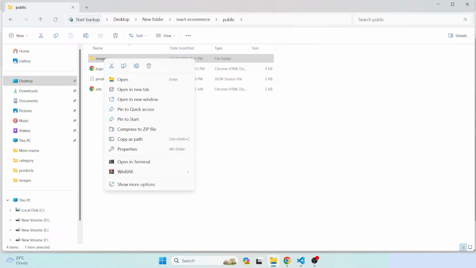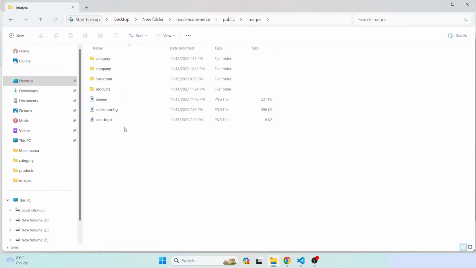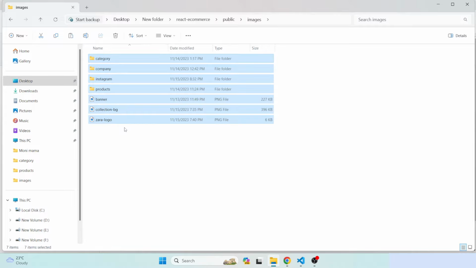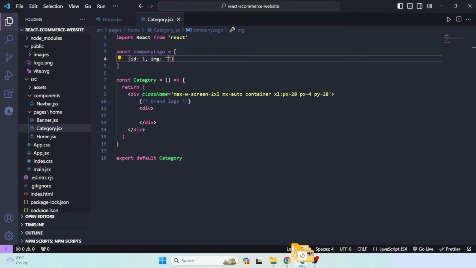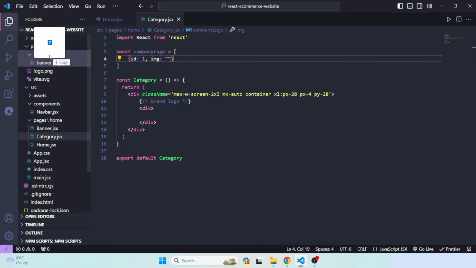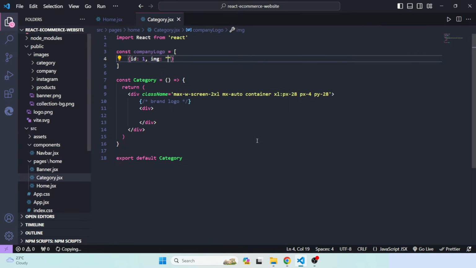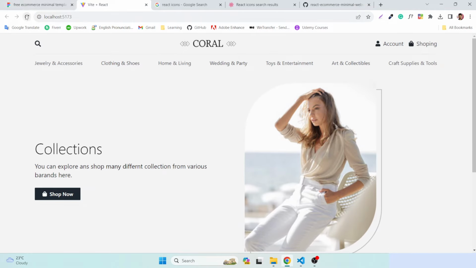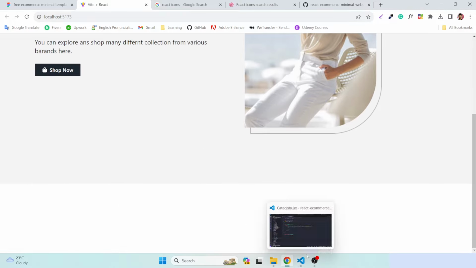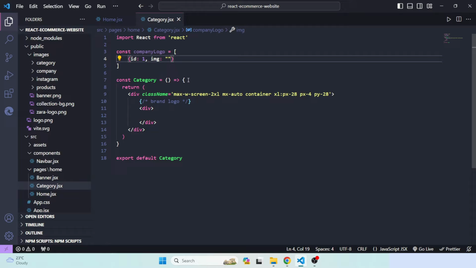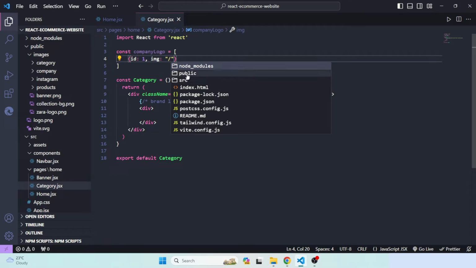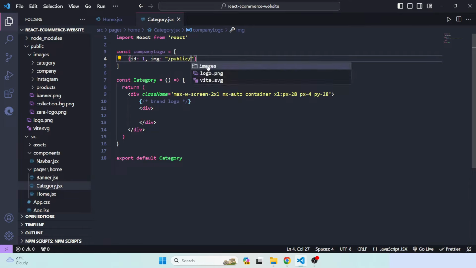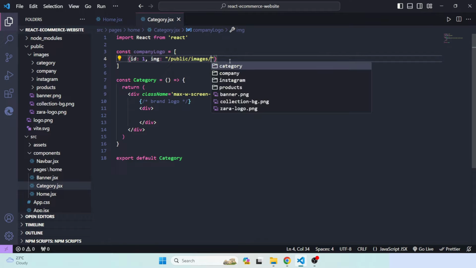Let me just copy all the images, so copy all, and now you can just drag it from here. So drag it and paste it inside these images. Okay, replace. Okay, fine. So let's check if everything is fine. So I think everything is okay. Now we can use our images properly. So from here we have images in the public folder, then we have the images folder, then for the category, or oh sorry,